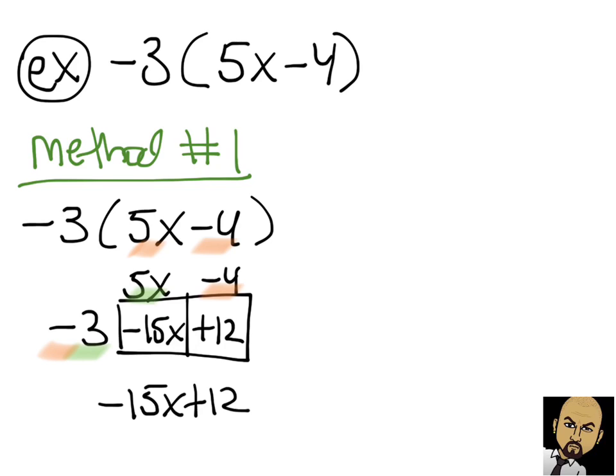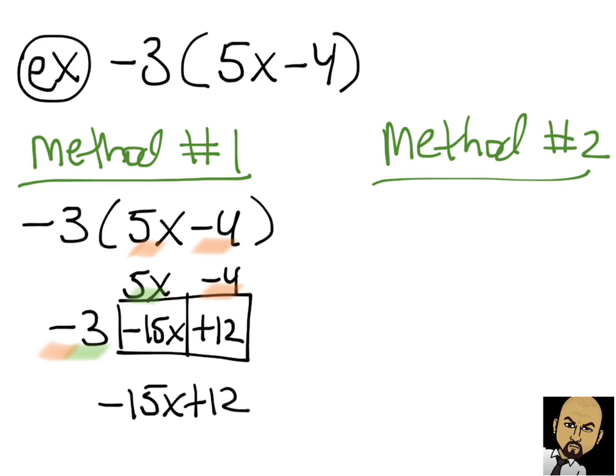Method number 2 is the way I use, where you distribute by drawing your arrows. Mr. Ty, our old teacher here, would call it the rocket launcher. And so here we have -3 times the quantity of 5x minus 4. Now, if you're well versed and you know that every term is going to be multiplied by